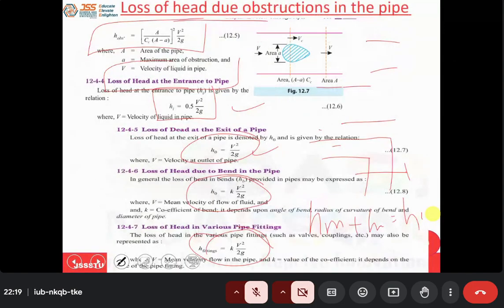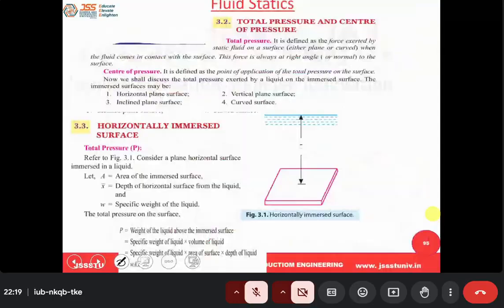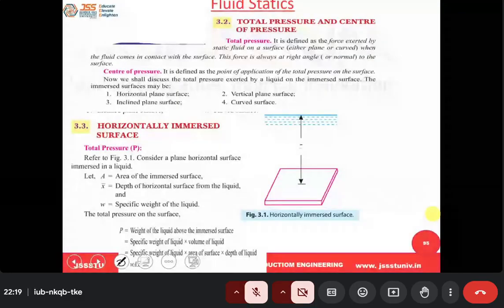Yes, sir. So this completes a very important part of fluid dynamics. We studied fluid kinematics and fluid dynamics. There is one more part of fluid mechanics called fluid statics, which we are going to take up now. Unlike dynamics or kinematics, there are only a few important topics which you need to know for interview purposes and basic concepts. In fluid statics, we talk about what is total pressure and what is center of pressure,